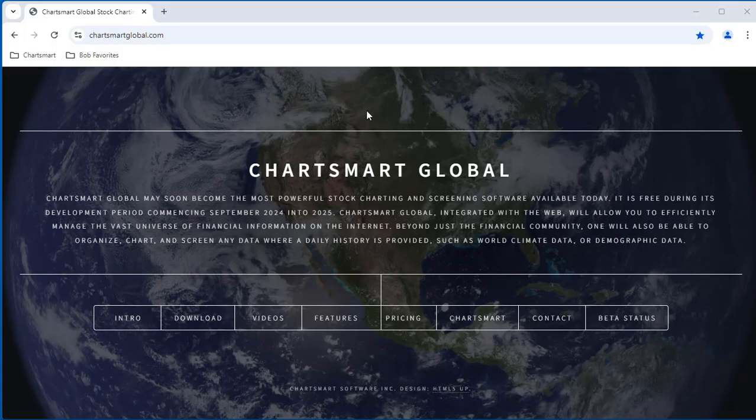Hello, my name is Bob, and I'm going to introduce you to Chartsmart Global, which is a stock screening and stock charting program that's been around as Chartsmart for nearly 30 years. And we're now doing a Chartsmart Global, which integrates a bit more with the internet, and this allows us to have more information available to you with regard to the charts and with regard to the financial information and